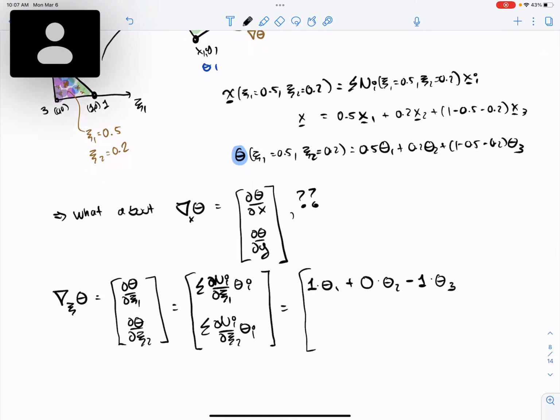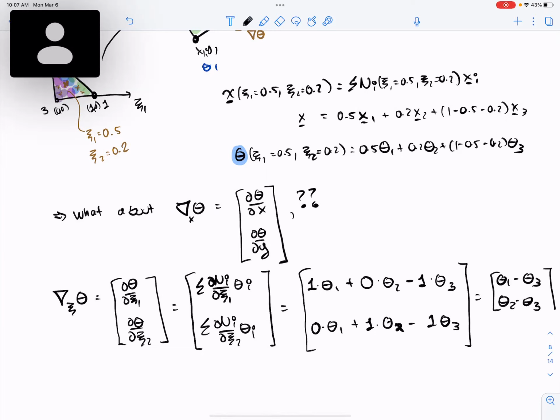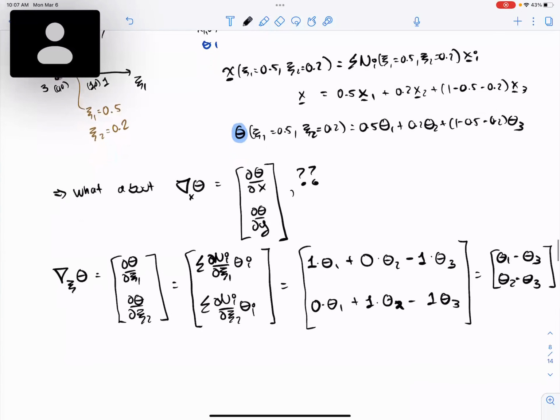So that first line ends up being just theta1 minus theta3. Whereas for the derivative with respect to psi2, I get 0 times theta1 plus 1 times theta2 minus 1 times theta3. So the second one is just theta2 minus theta3. So the gradient of theta with respect to psi is super easy to get,